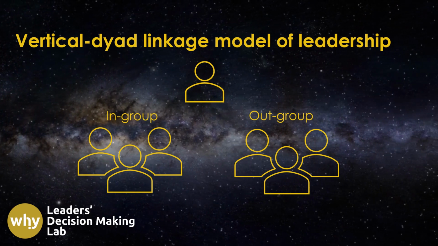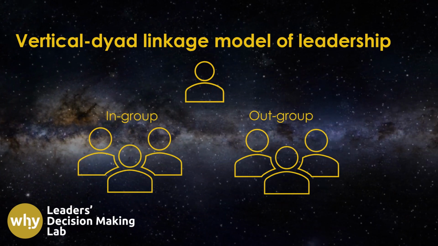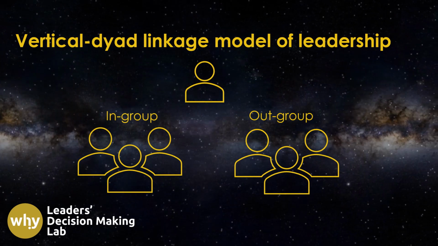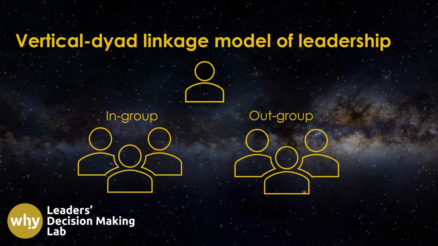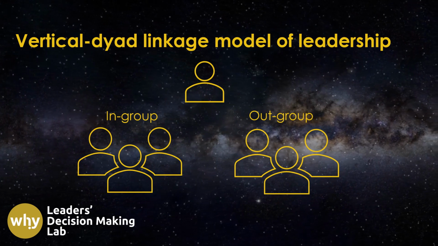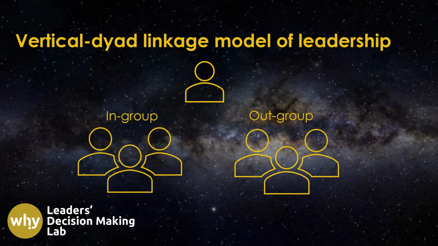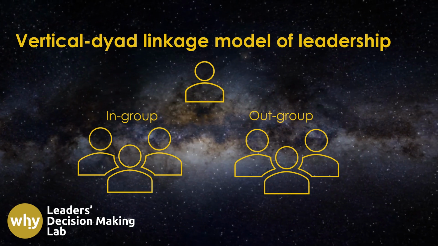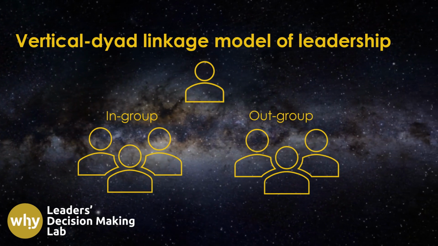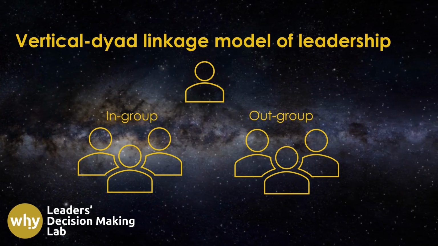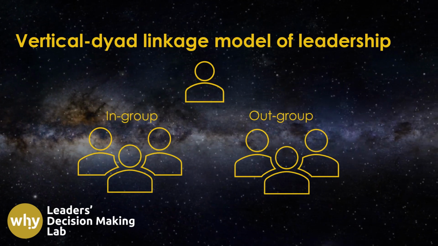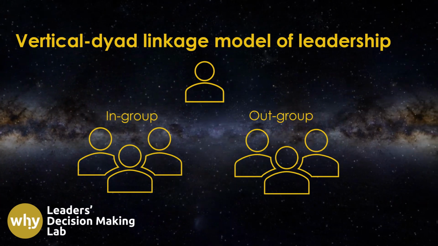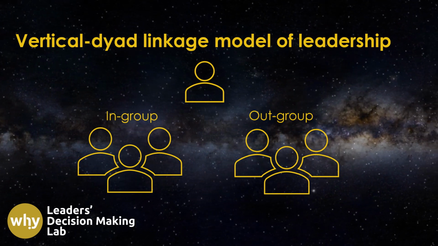Some members become part of the leader's in-group, enjoying a high-quality relationship, while others belong to the out-group, experiencing a low-quality relationship. The quality of these relationships can influence the level of support, trust, and opportunities provided to each member. The quality of the exchange relationship between a leader and a member significantly influences the attitudes and behaviors of both